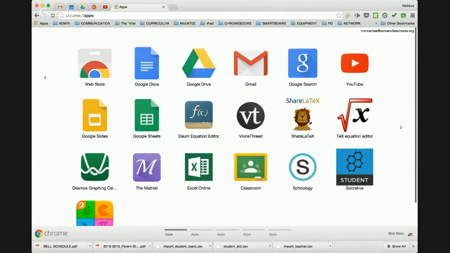Hi, today I'm going to show you how to access Google Chrome apps. They're available for your Chrome browser across any device as well as Chromebooks. Right now you're looking at a list of some of the apps that I've already added into my web browser,